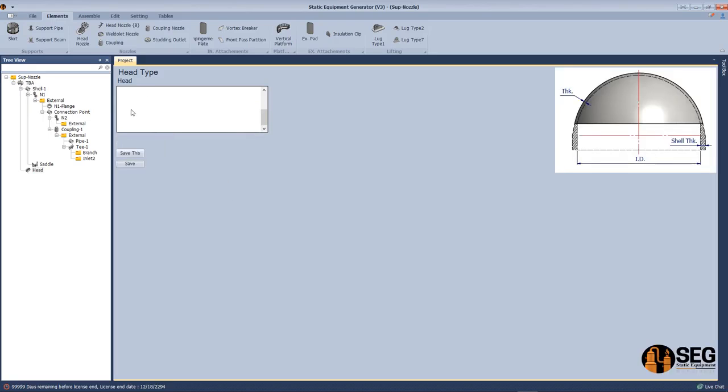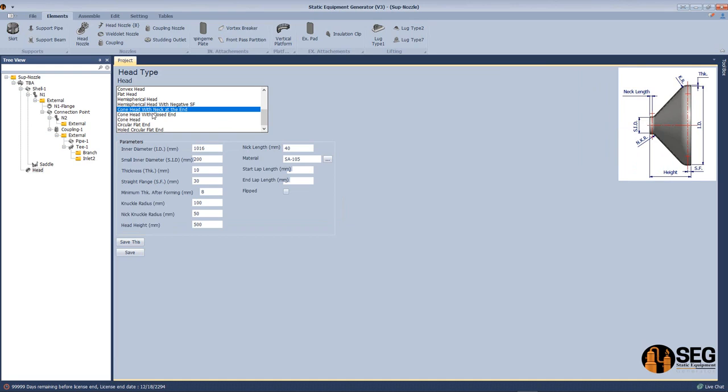Regarding the conical head, if we select cone head with neck at the end,